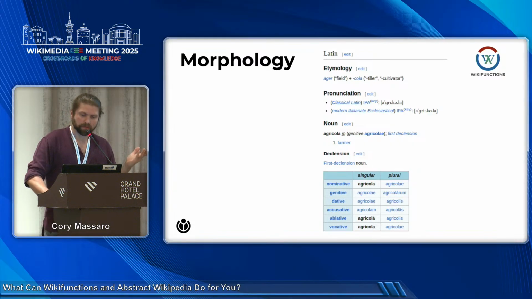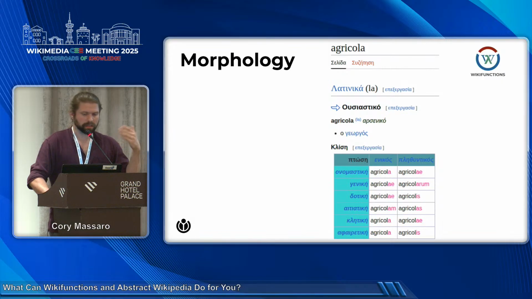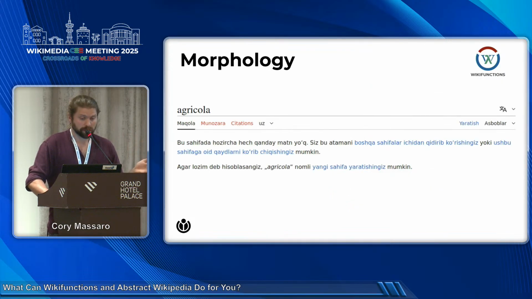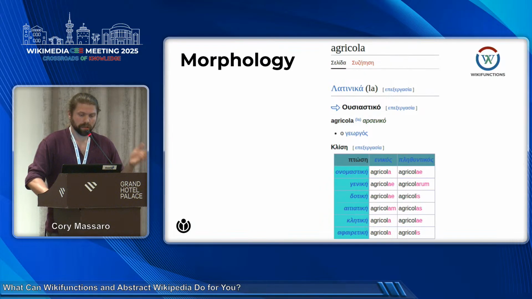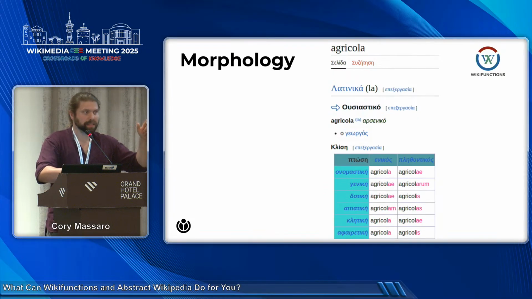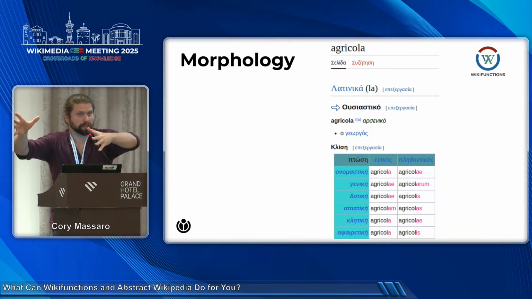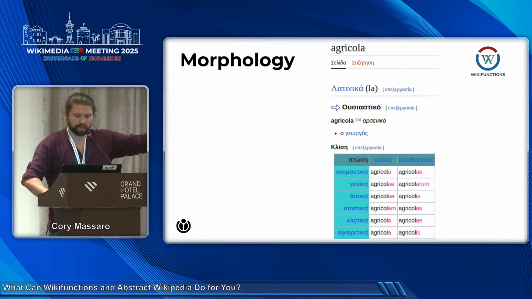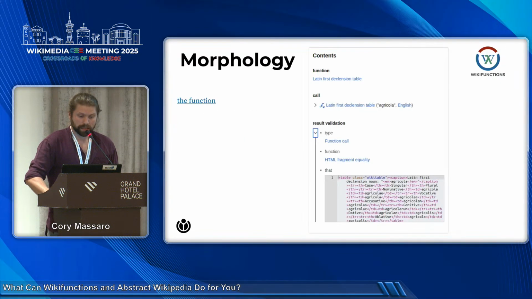So here's another example of stuff that can currently be done. A lot of Wiktionaries, which is most of our current deployment targets, do things like tell you morphological information. So here's the declension for a Latin noun. It's the noun for farmer. This exists in Spanish. This exists in Greek. This happens not to exist in Uzbek. So if we wanted to, we could just write a function that generated this, had a couple of labels, like, you know, onomastiki, nominative case, you can get that from lexical data in Wikidata, and then you can just, boom, label it.